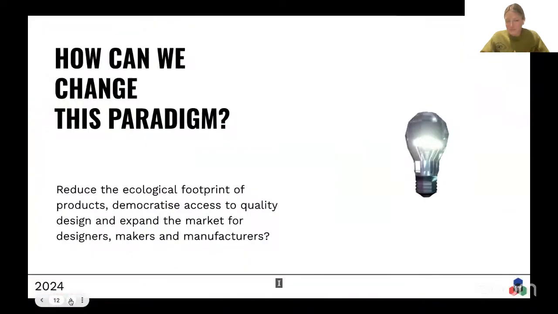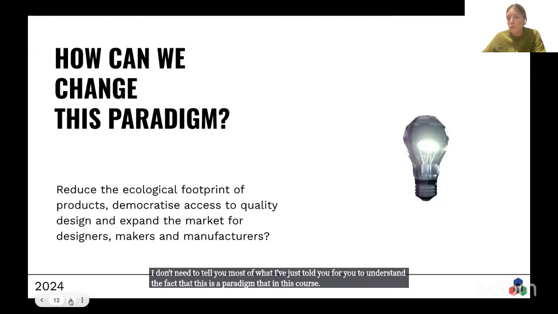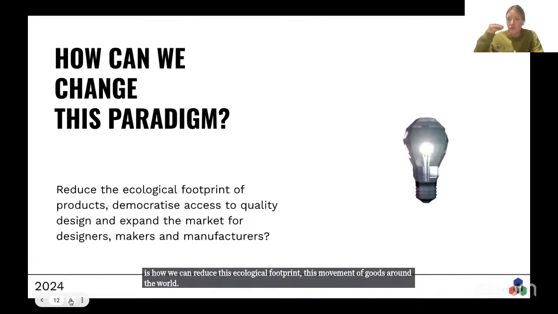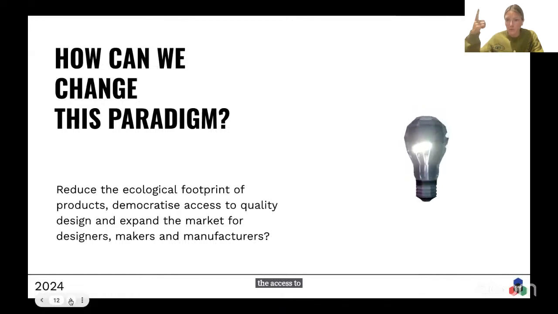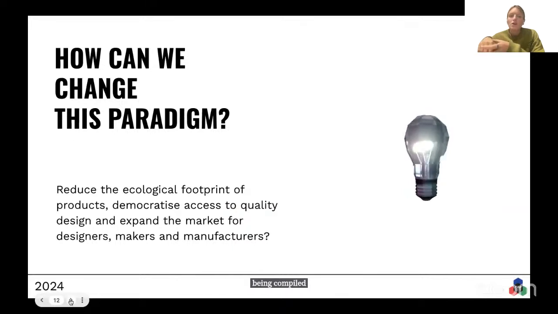I don't need to tell you most of what I've just told you for you to understand the fact that this is a paradigm that in this course we want to change, and we want to understand how we can change that. So in distributed design in particular, what we're looking at is how we can reduce this ecological footprint, this movement of goods around the world, the raw materials coming from one side of the world and being compiled in another. The democratizing the access to quality design, so how we can actually have